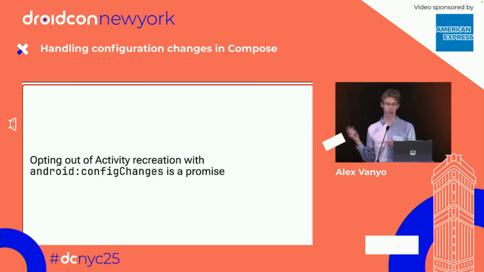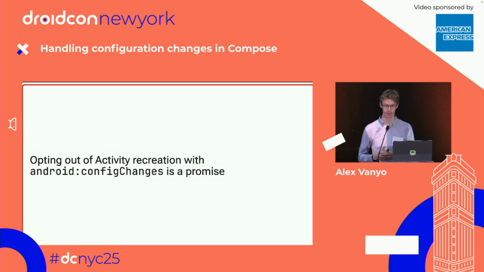And this kind of gets to the point of what this Android config changes really is. When you specify something with Android config changes, it is a promise. And I don't think I can overstate it enough. Just putting something in there and then forgetting about it is not meeting this contract. When you put something into Android config changes, opting out of activity recreation, it is a promise. It is saying my activity will directly be able to handle and update itself correctly when this type of configuration